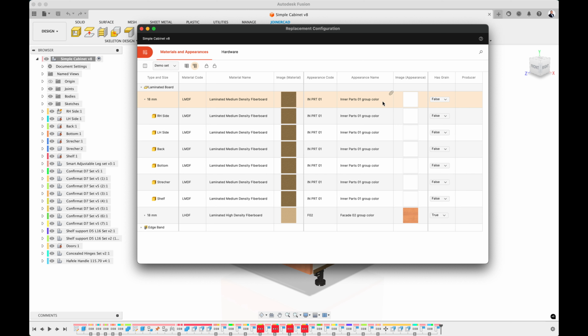If we make a change for a specific thickness and material, this change is saved in the JoinerCAD database and will always be applied to the material and thickness value. However, if a change is to be made for a specific part, and the entry is to be applied for a specific component, the change has to be made at the level of that component, and the change will not be stored in the database. This is a very important point that I would ask you to take note of.